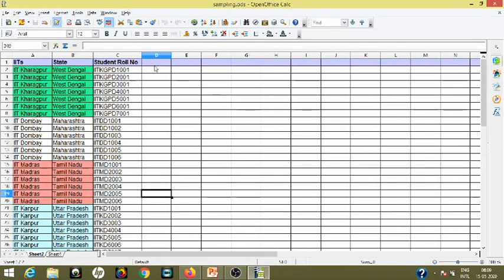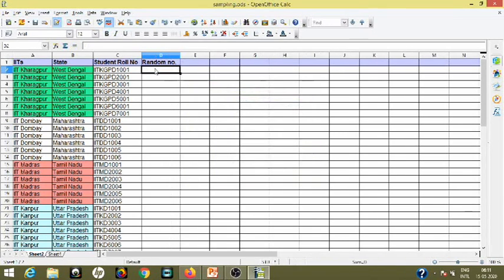Now let us see how a sample is drawn. Previously we specified that this is a completely random sampling. So now I am generating a random number for each and every student. Let us do it once again.